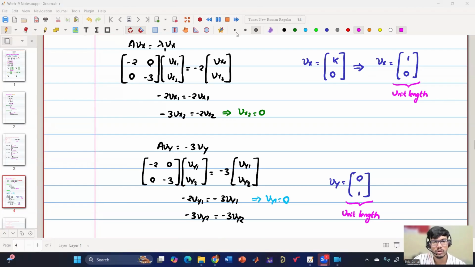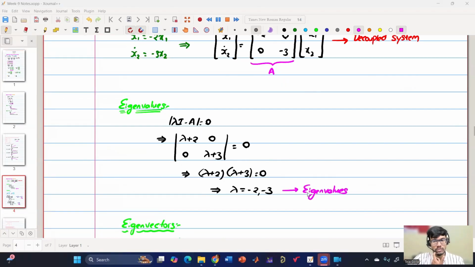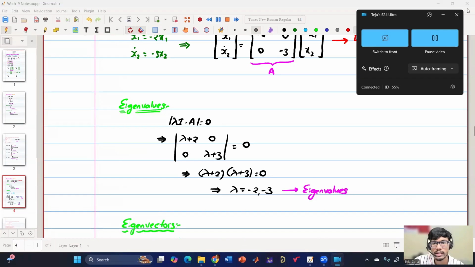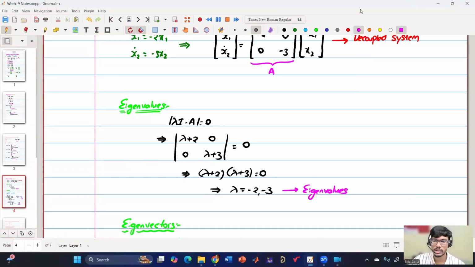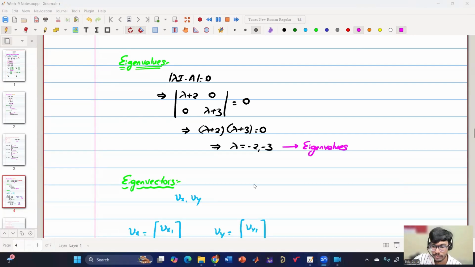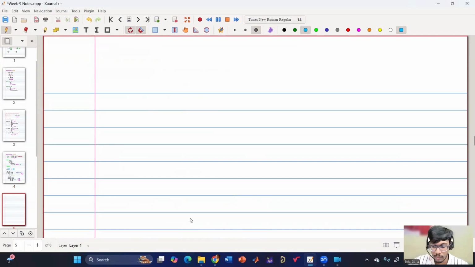Yes. Okay. So now can you tell me about the stability of the system based on the eigenvalues? Whether it is stable, whether it is unstable, or any intuition based on that? Yes. So because they are negative, it is stable. So before we start solving a couple of problems, I would like to comment on the stability of